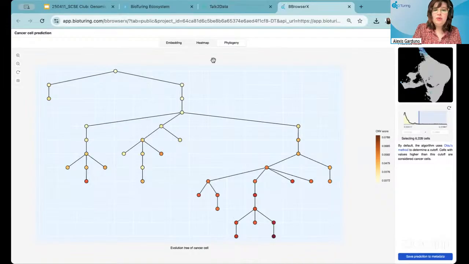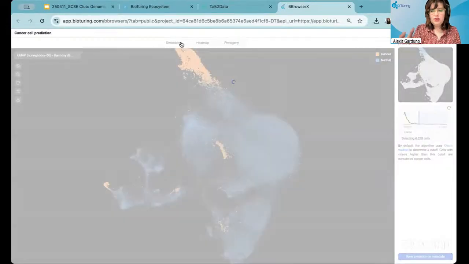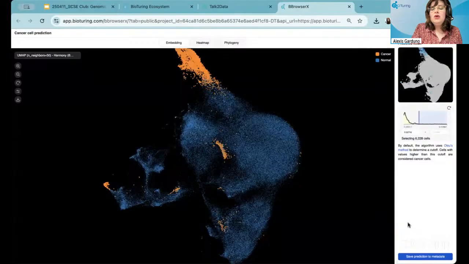And one thing I would recommend, if you have this UMAP and this annotation, in order to run other downstream analysis where you're actually using these annotated cells from the prediction model, is to make sure that you save the prediction result as its own metadata. That way you're able to look at the actual distribution of the scores, if that's something you want to see, how these specific scores are distributed across different clusters,